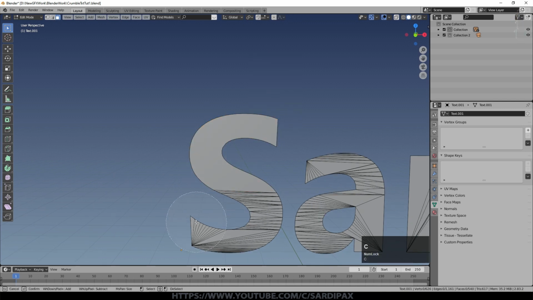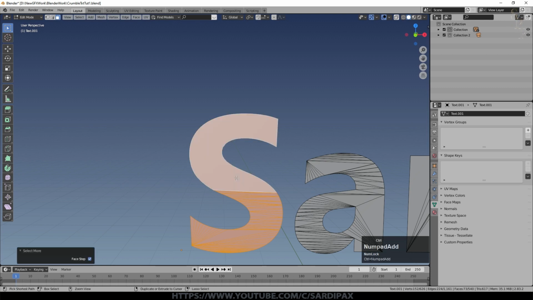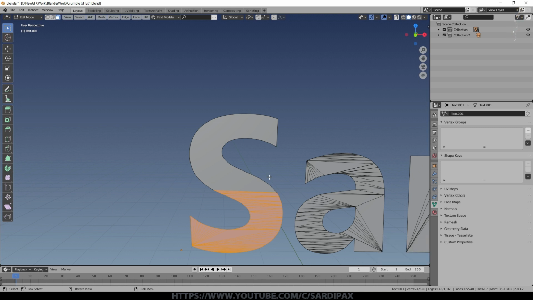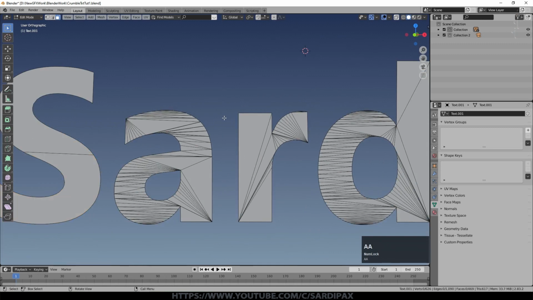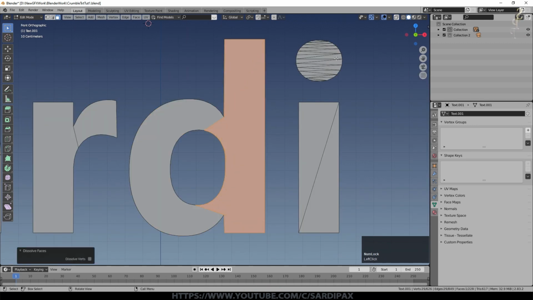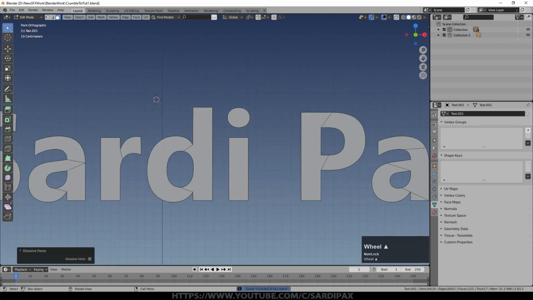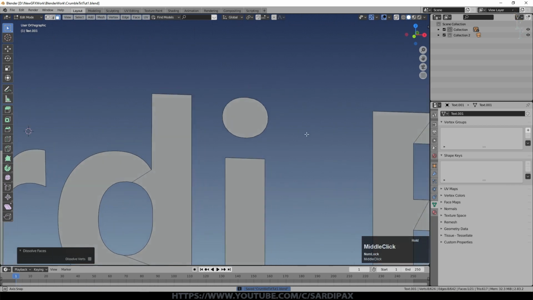And then I can just select these down here and I'll unselect that top one. I use Ctrl+ again there and press X and dissolve faces. And we need to do that with all of the others. So it is a bit of extra work, but it will save you a lot of heartache later on. So having done that, you can see we've got a much more simple geometry now.